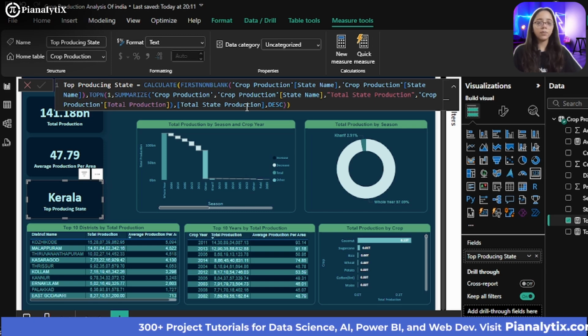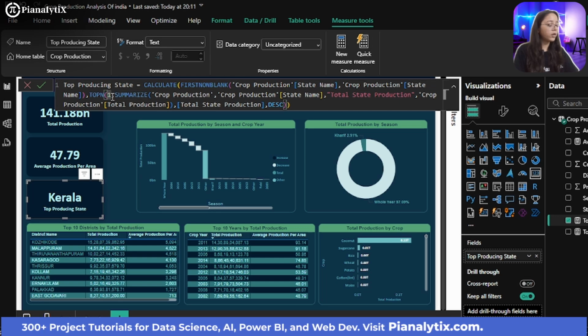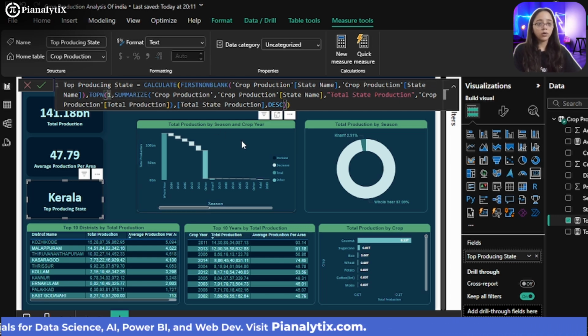Each state name will be assigned the total production, and then TOPN will make sure that the total production for each state is arranged in descending order, the DESC order, and will extract the top one record which has the highest total production.